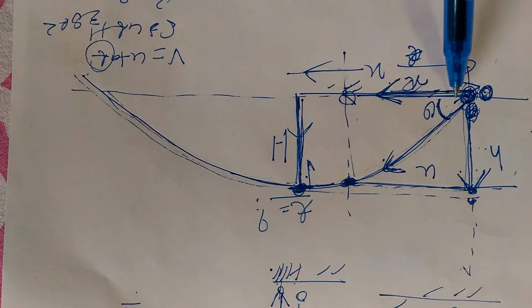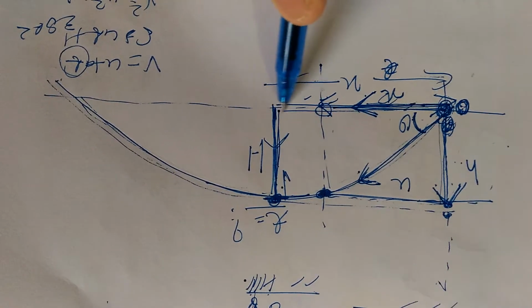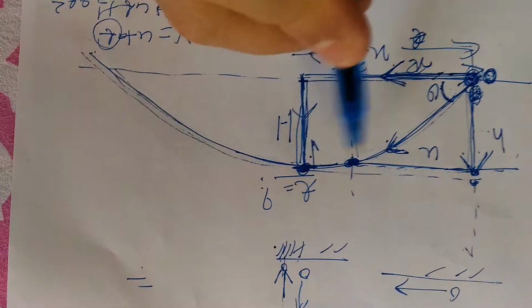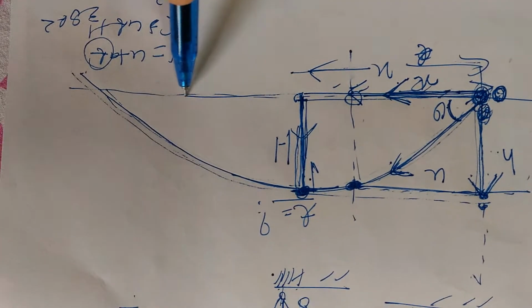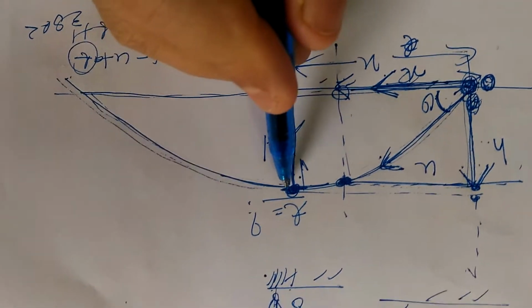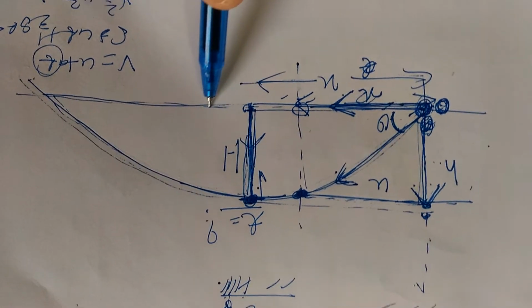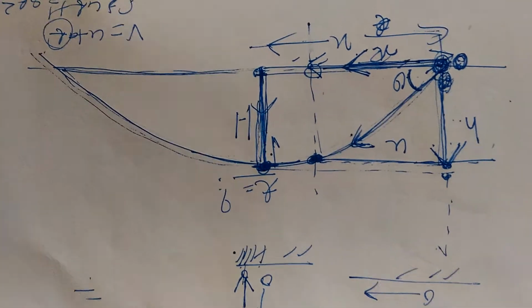So if you imagine this to be a set of two stones, the horizontal stone will travel this distance, in the same time the vertical stone will travel this distance. It will reach the highest point. Now the vertical stone will come back, in the same time the horizontal stone will travel this distance. So the time taken by this to come back from this highest point to the ground is the same as the time taken by this horizontal stone to travel from the midpoint till the end of this parabola.